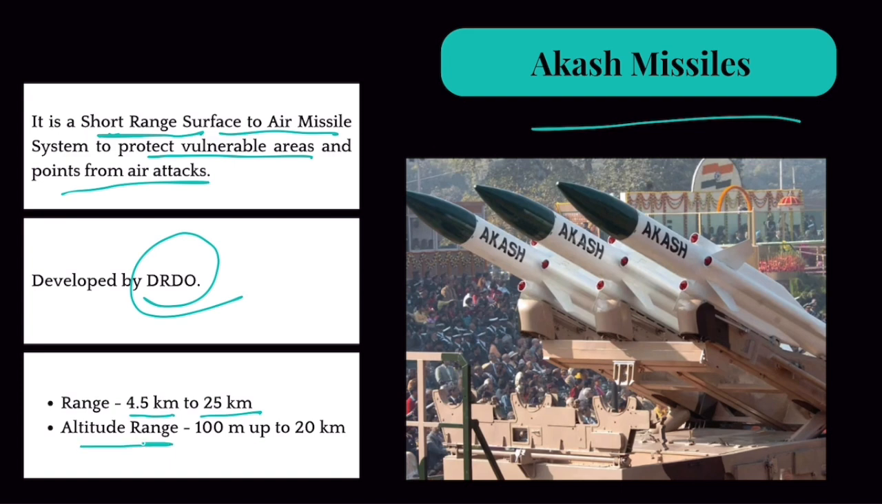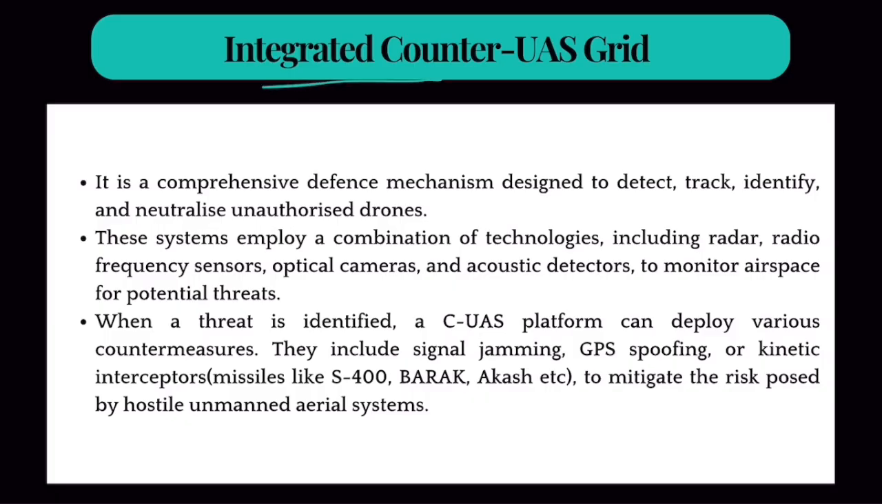Okay, and altitude range, basically that means up to what height it can reach, 100 meters to up to 20 kilometers. Clear? So these are the missiles that are used to intercept incoming enemy aerial objects. Okay, but the entire system of detecting aerial objects through radars and then hitting them is known as integrated counter